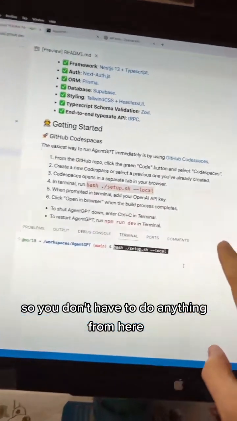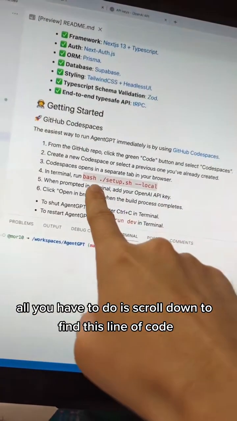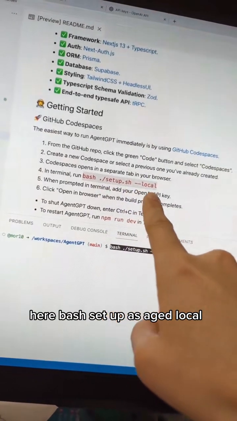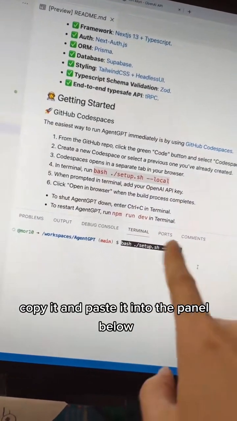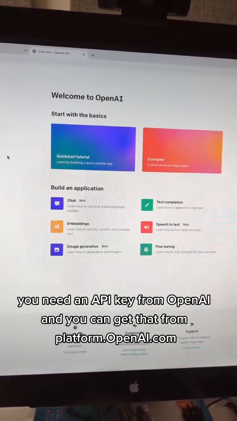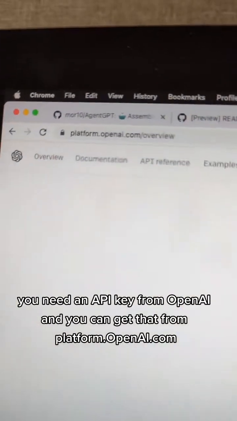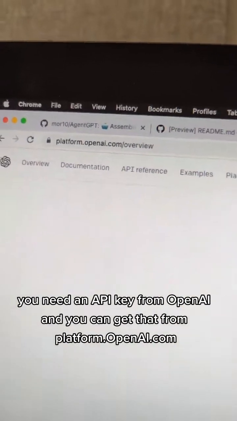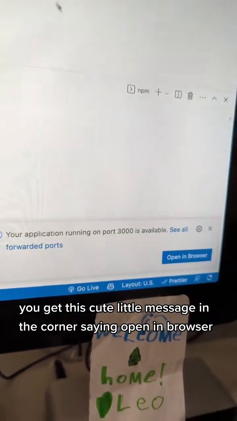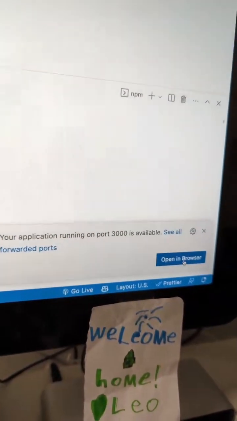From here, all you have to do is scroll down to find this line of code here, bash setup.sh local, copy it and paste it into the panel below. You need an API key from OpenAI, and you can get that from platform.openai.com. And once the process is complete, you get this cute little message in the corner saying open in browser. Click on that button,